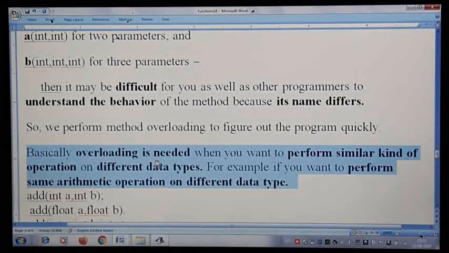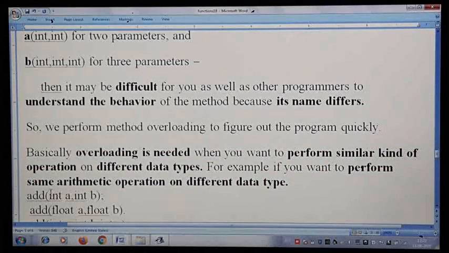Basically, overloading is needed when you want to perform a similar kind of operation, such as addition, or you want to reverse a number, or you are going to print patterns. The task is to print the pattern, the triangle shape only, but based on different arguments, different types of patterns are displayed.